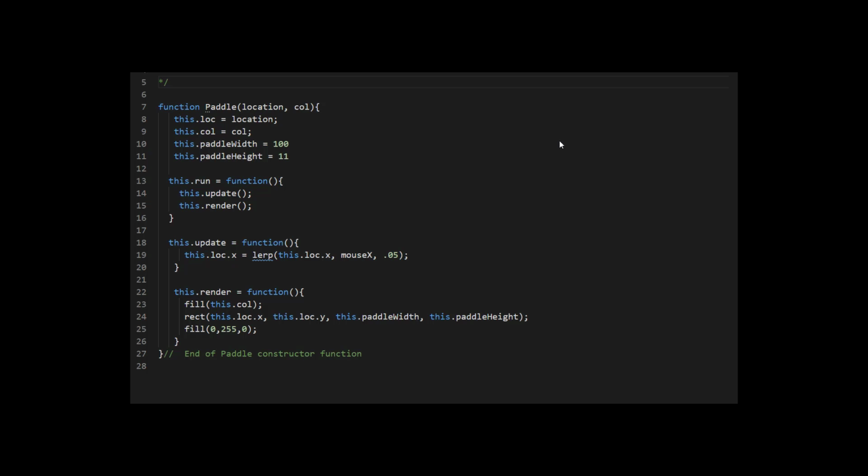Okay guys, so this is the completed paddle code. I just wanted to point out a couple of things. First of all, we have four properties: location, color, and then paddle width and paddle height. Actually, I would change this to just PW and PH. The code would be shorter, but then you have to make a bunch of changes throughout the code. In any case, we're going to run just two functions, update